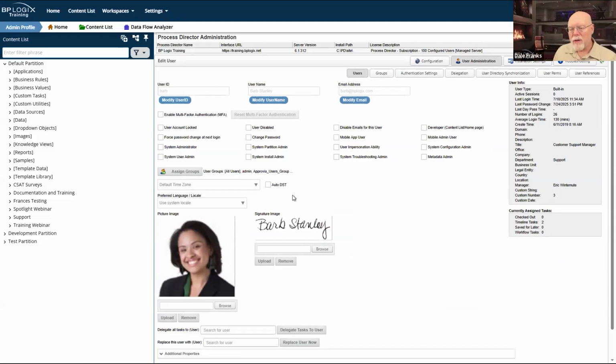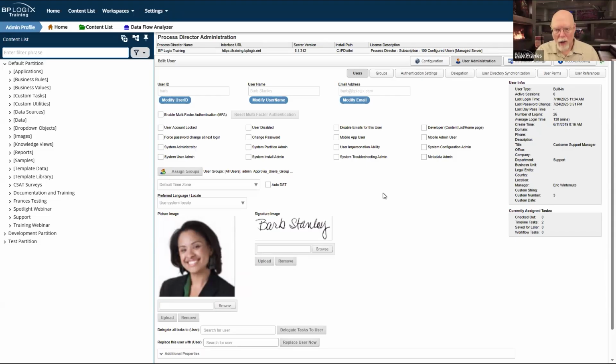So there are some things you need to think about that now apply to the user account. These are all relatively new features. Some of them, if you're on 5.44.1104, anything below 6.1, you might see some different properties here, fewer properties. But if you're on 6.1.x or higher, these are the properties that you're going to see.